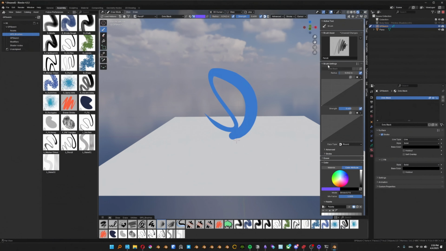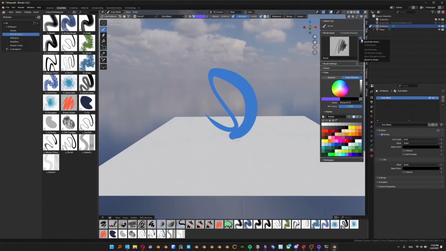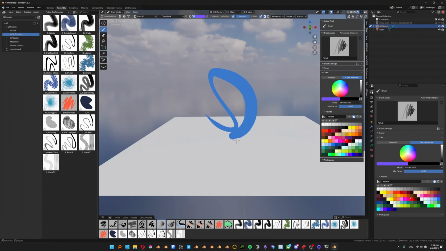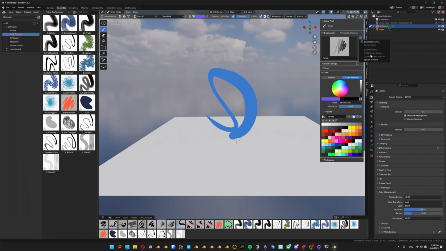Here you can tweak the brush settings, and in that tiny drop-down menu, that's also in the Tool tab here, which is the same one as this one, you can duplicate the asset, revert to asset, edit the metadata, and other settings. These ones you can't because they are built in Blender, but if I take one of mine, here you can see you can change the metadata, edit the preview, that's the thumbnail that you will need to create, and